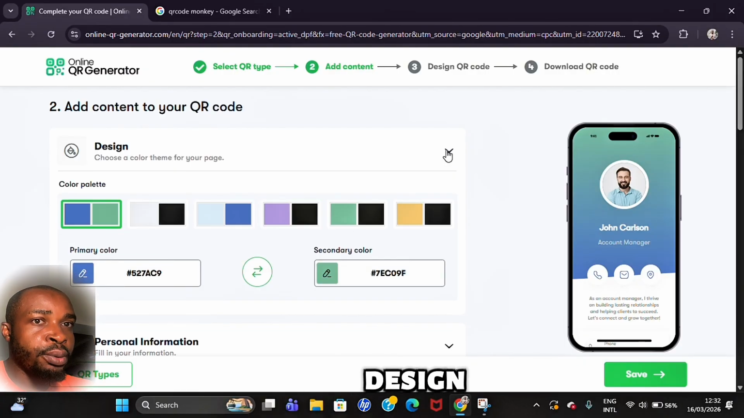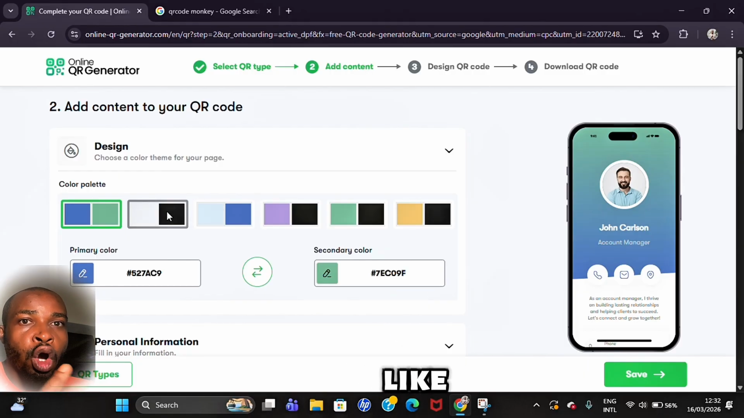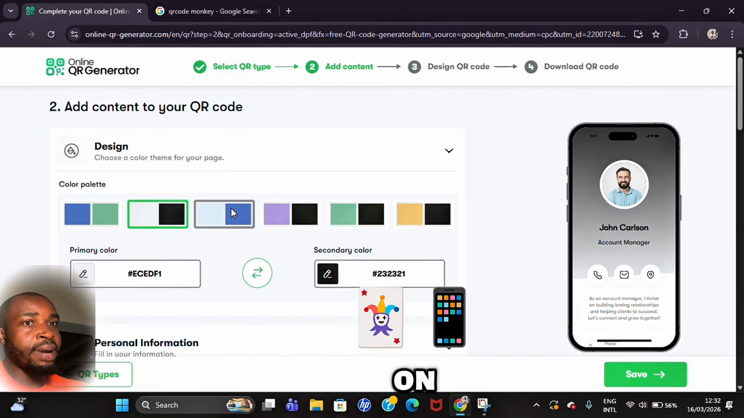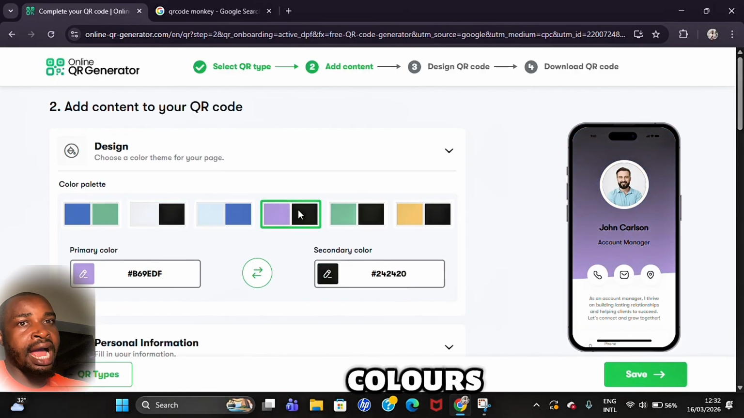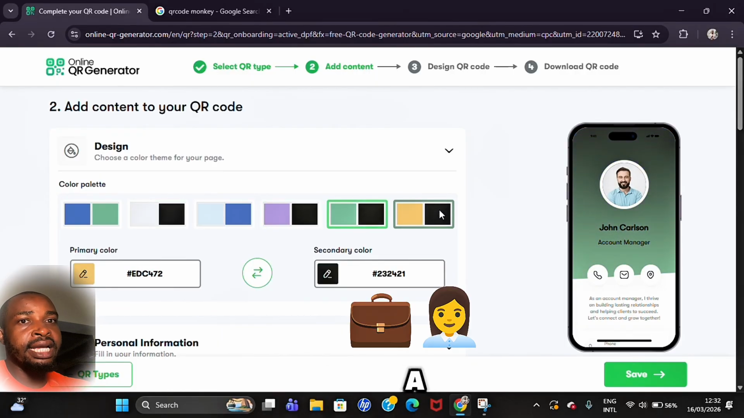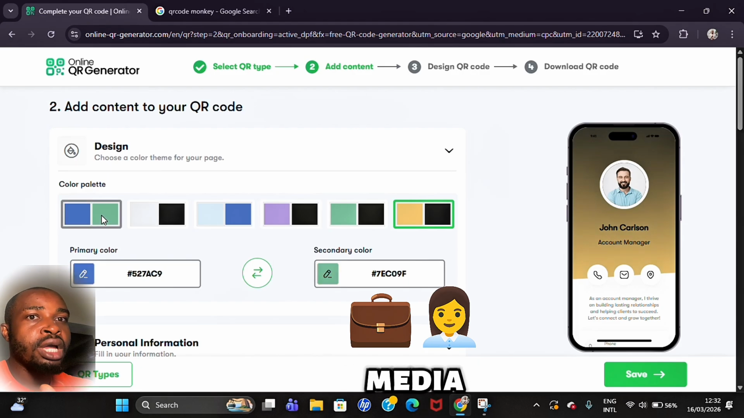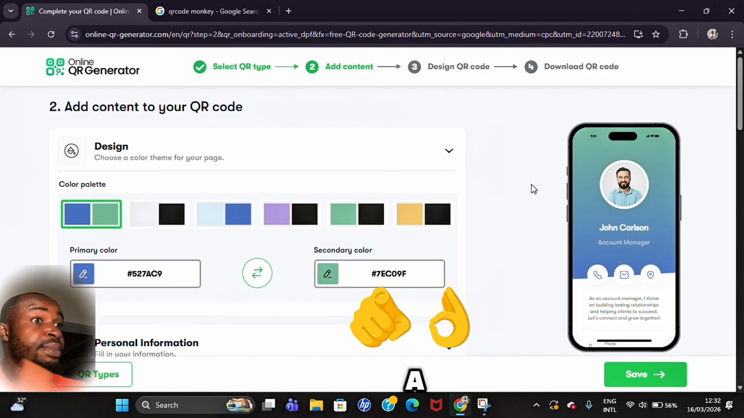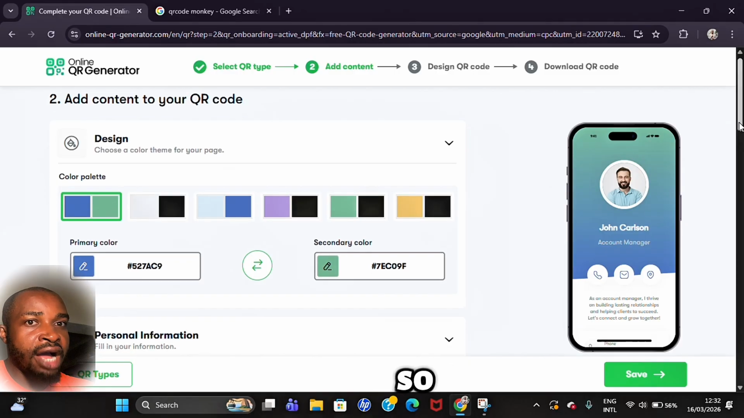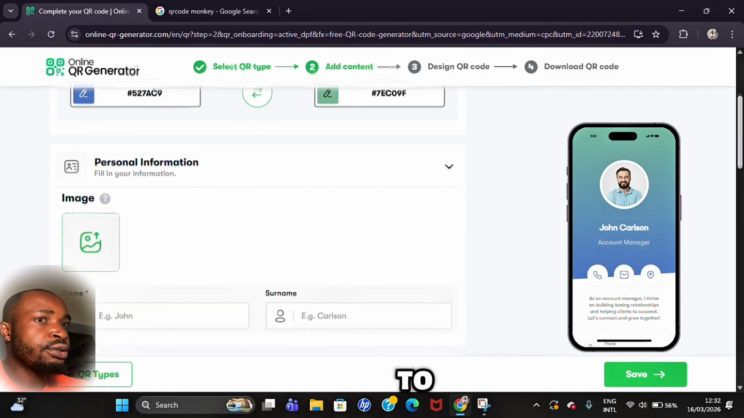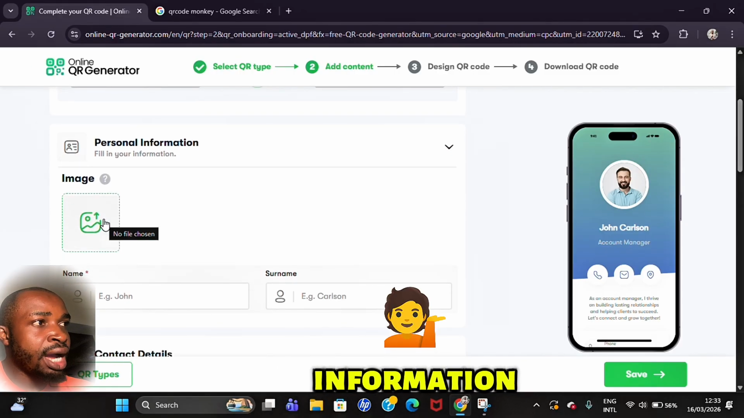This interface will pop up, which is basically for you to design your color palette, how you want your color to look like. You can see how it looks by the side, how it will appear on the card and on mobile phone. You select the colors you prefer. As a business owner or social media manager, you have a color you prefer. Okay, so after that, you come down to